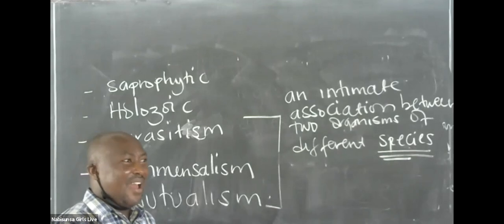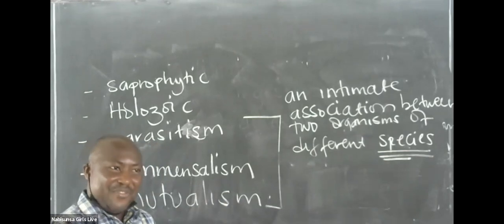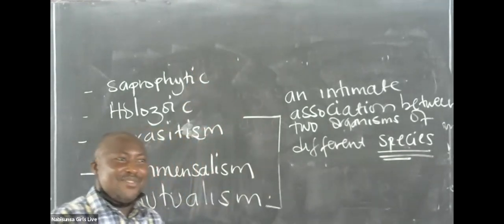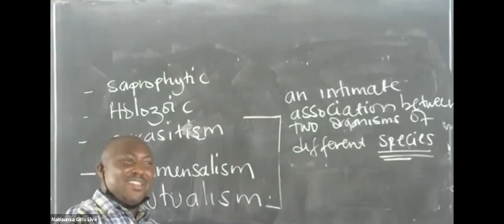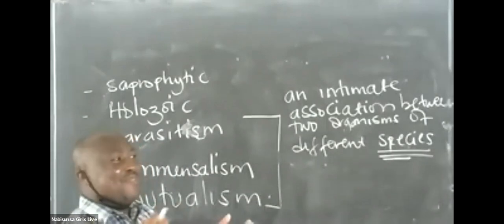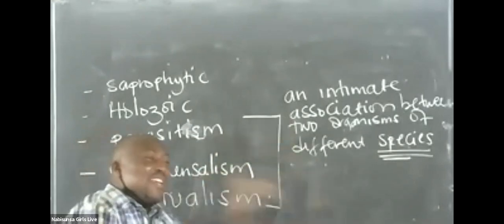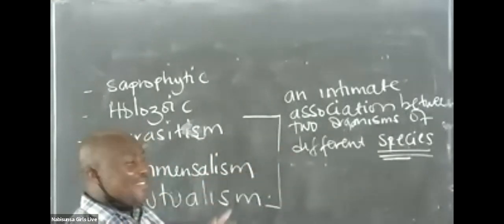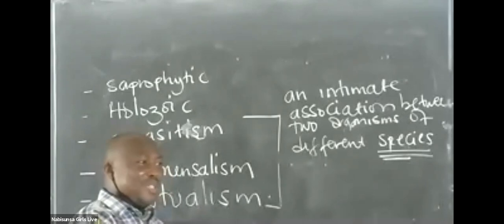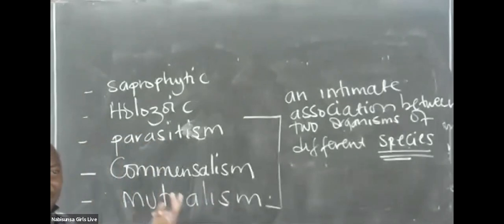Now, the bacteria is being sheltered. That is an advantage, a benefit. But also the bacteria goes on to fix nitrogen, which is utilized by the plant in order to make its own food. And as the plant makes its own food, the bacteria feeds on that food. So the plant is obtaining nitrogen from the bacteria, and the bacteria is obtaining shelter and food. In both cases, they are benefiting.